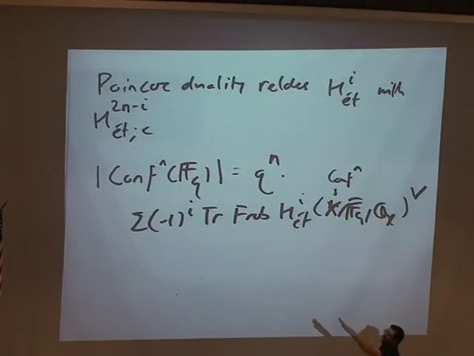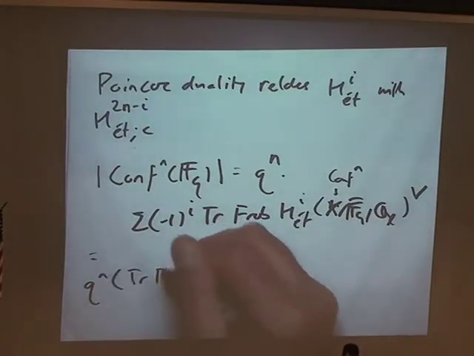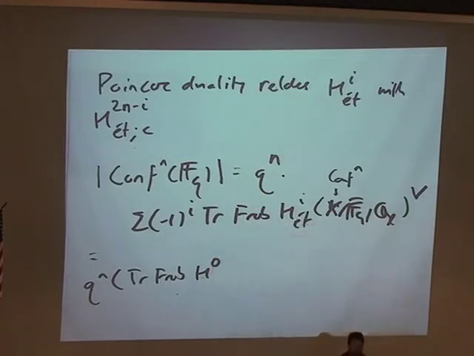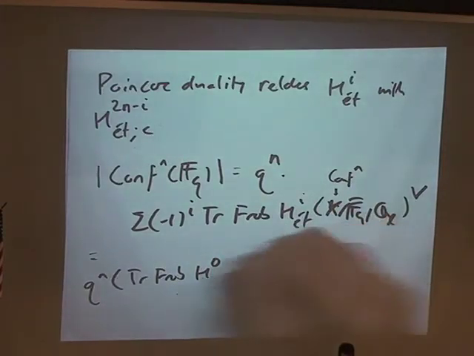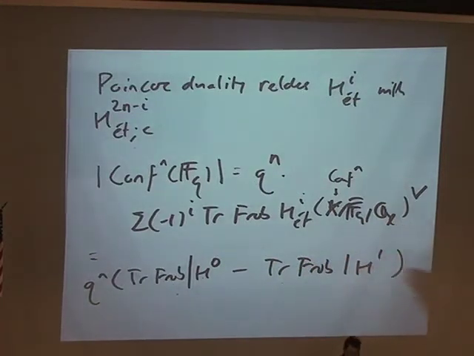But what this fact buys us, that I have over on the left-hand board, the étale version of Arnold's theorem, is that this kind of scary-looking long sum actually only has two non-zero terms. So all that higher cohomology is just absent. And so this actually only has two terms. It's q to the n times, okay, the contribution of Frobenius acting on H naught minus the contribution of Frobenius acting on H1. So that's much simpler. And in fact,